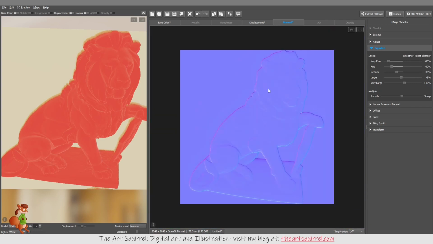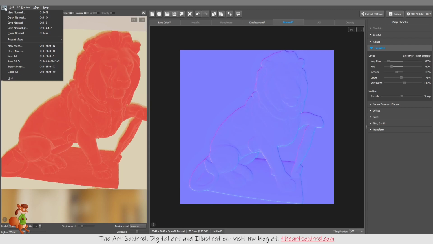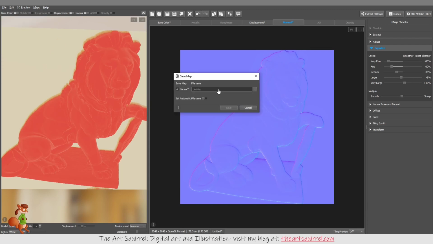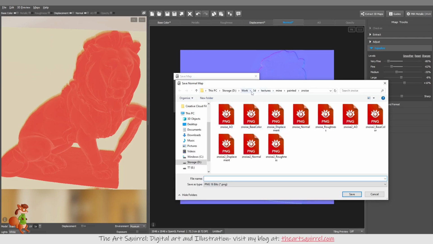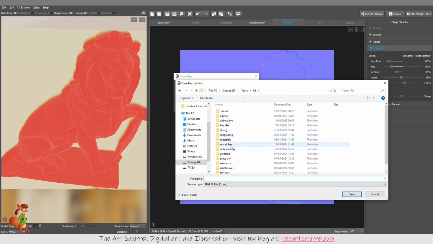So now I've got that normal map from the depth image that I rendered out. I go to save normal as and find where I